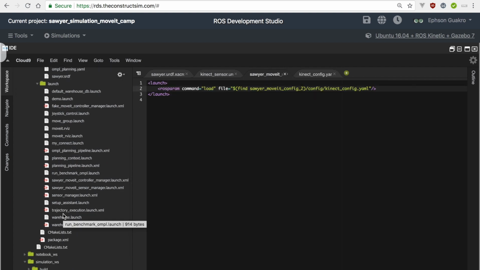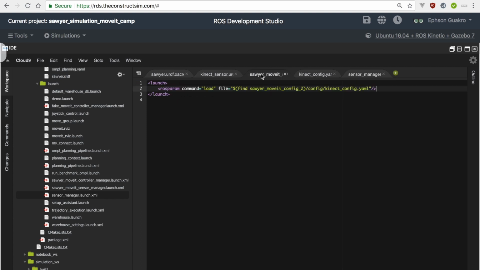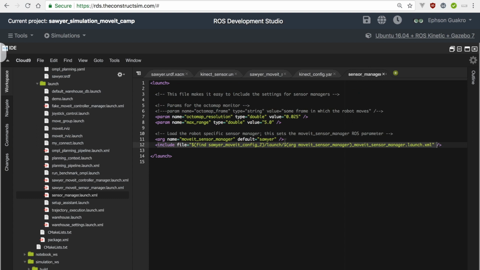The next thing that we're going to be modifying is the sensor_manager. Okay, so this one we have some files already, some parameters already populated and set up for us. You notice here that we're including the moveit_sensor_manager, which is this file here that we just modified. Here we're including it, and then we're also setting the max range and the resolution for the Octomap that will be created inside of MoveIt to represent any obstacles in the workspace. Okay, but then there is one more parameter that we need to be aware of, which is the Octomap frame. So you uncomment this,